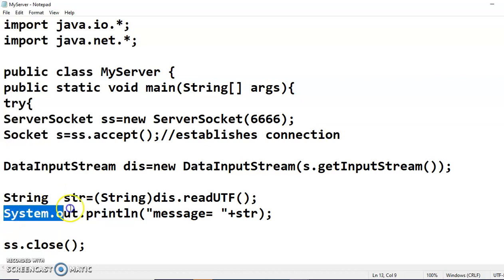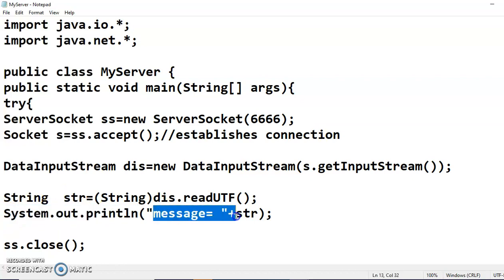So System.out.println, message equal to str. Whatever is being read from the client side using the socket object, we are just printing it. This was the only task for the server. After this, the connection which was established between the client and the server should end, it should close, so that server port 6666 is available for other connections.